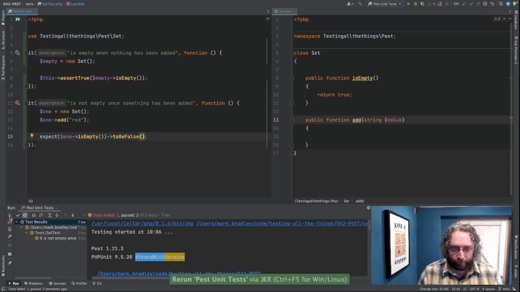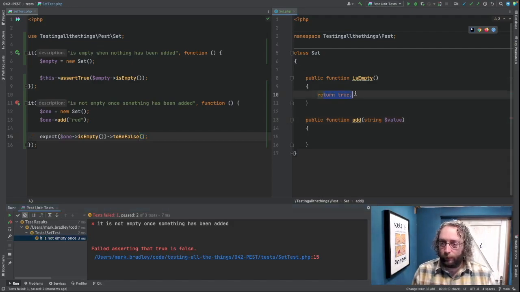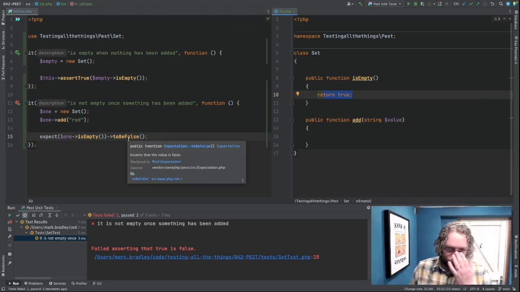And now we have a test failure. So let's look at that. Asserting that true is false. Well, it's quite obvious what's going on. Over here we've hard coded to return true. So it will always return true, but we're expecting false. And again, we're looking for the quickest, most straightforward way